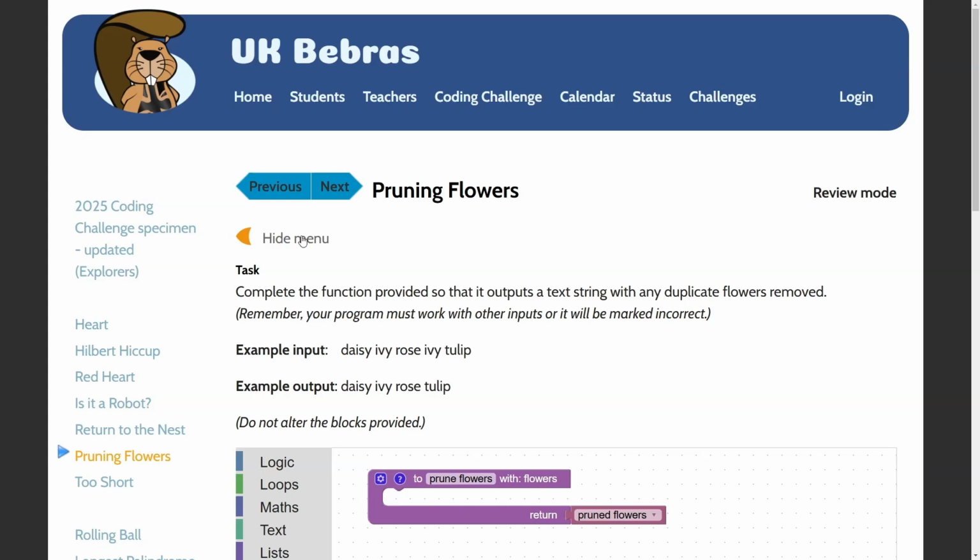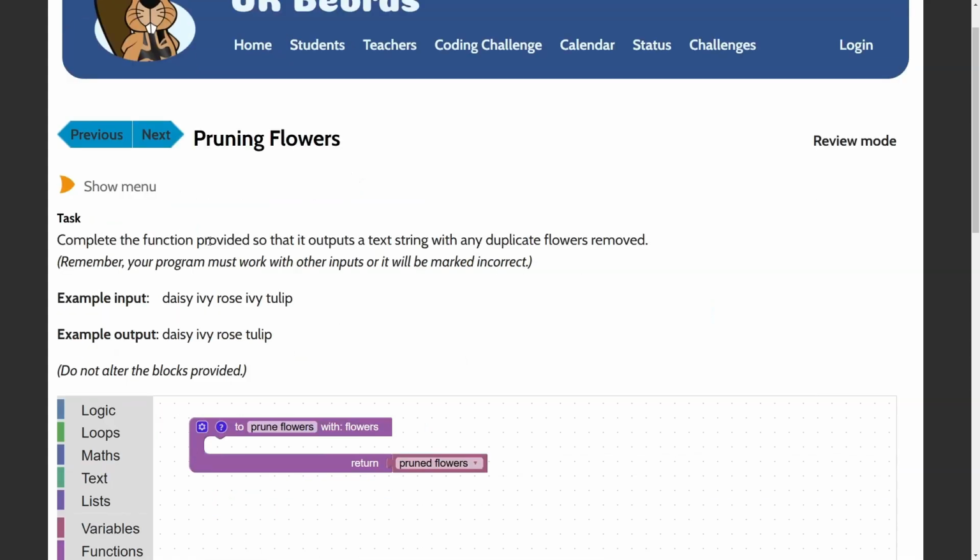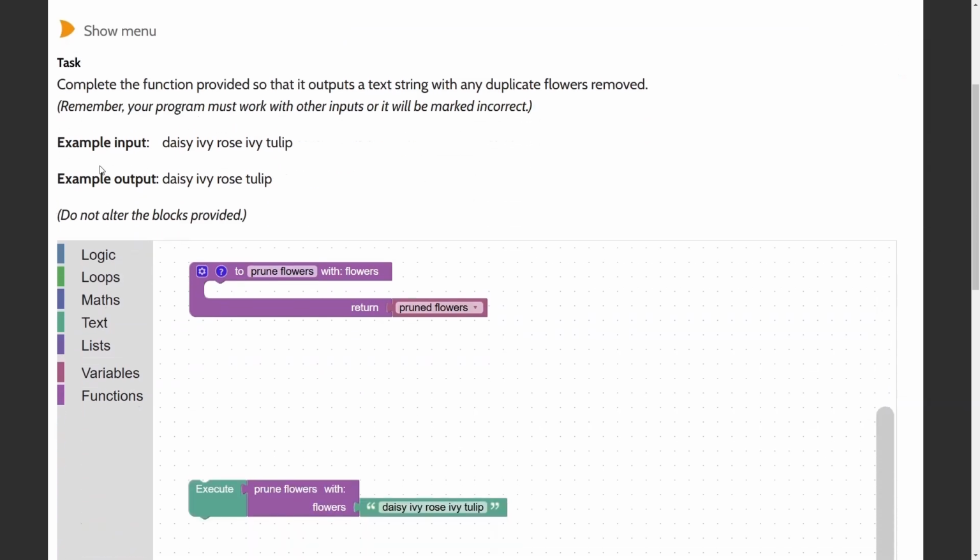Pruning flowers. Our task is to complete the function provided so that it outputs a text string with any duplicate flowers removed. Remember, your program must work with other inputs or it will be marked incorrect. So, for example, if the input given into the program is daisy space ivy space rose space ivy space tulip,